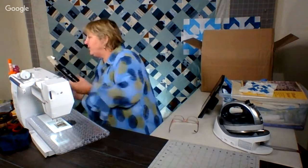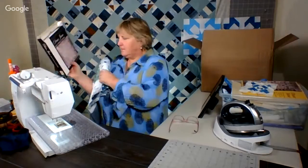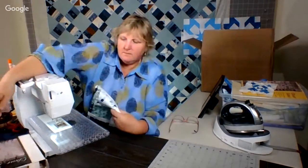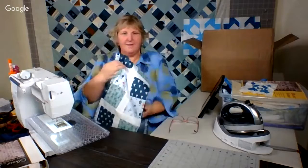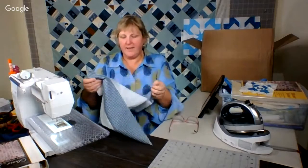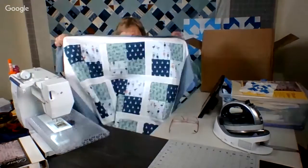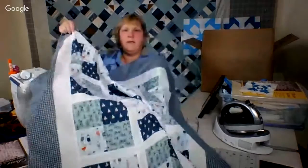Here is another one of Alexa's quilts that she sent. And more stuff. Look at this. You know how we've been making charm square quilts? Here's another candidate. And she cut out her charms, because I didn't even notice this. They actually